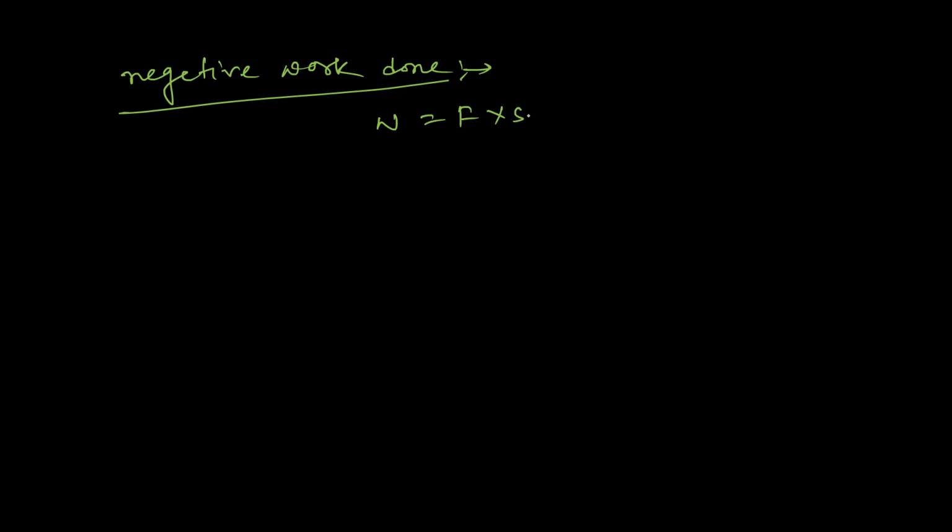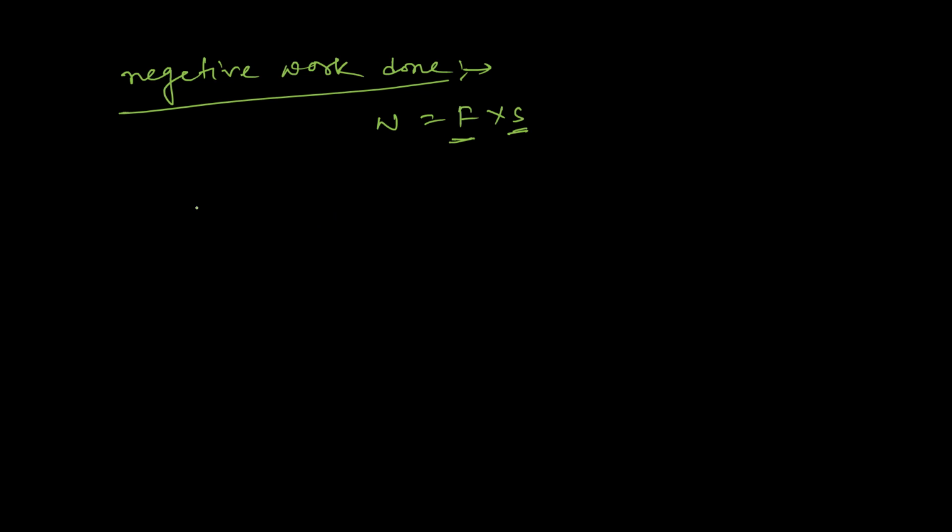Now we are just going to understand the next one, that is negative work done. Now what about negative work done? Can the work done be negative? It actually happens because the force and the displacement, the two things we have considered in the calculation of work done, are vector quantities. Vector quantities have a magnitude as well as a particular direction, right? So this will be used in the calculation of that.